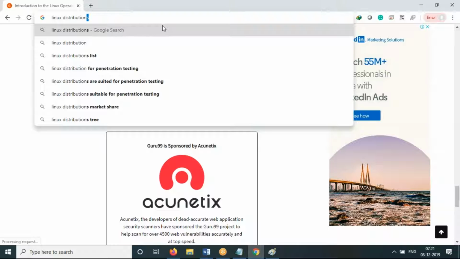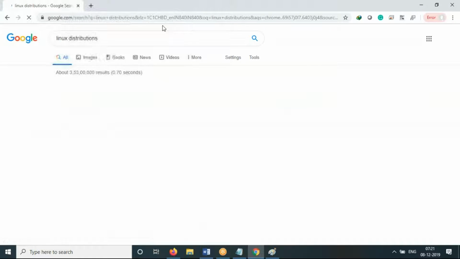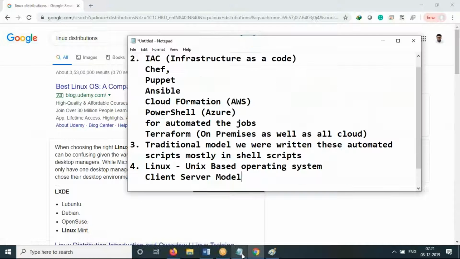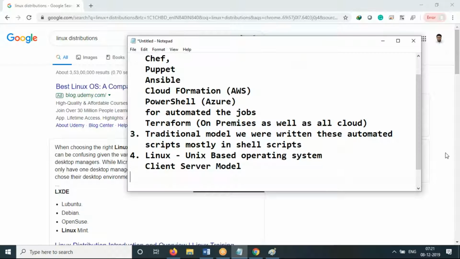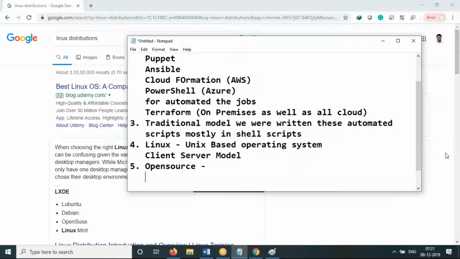We always call them Linux distributions. Why do we call it a Linux distribution? This is open source, completely open source. Open source means anybody can use it without any fee, without paying any amount. Usually companies do not use open source as it is, because open source involves a lot of